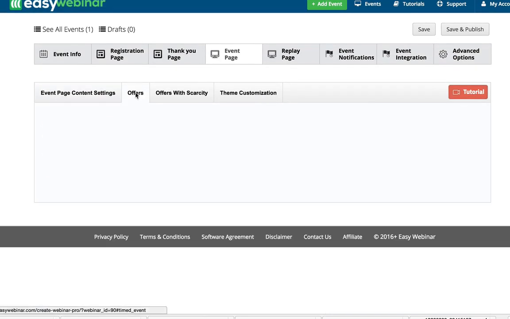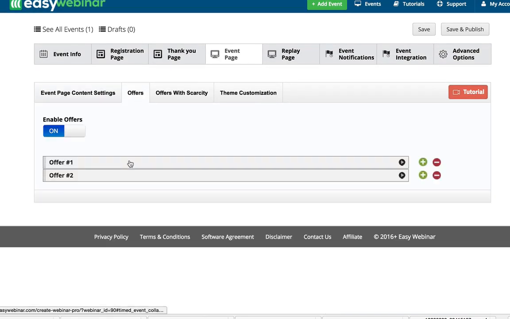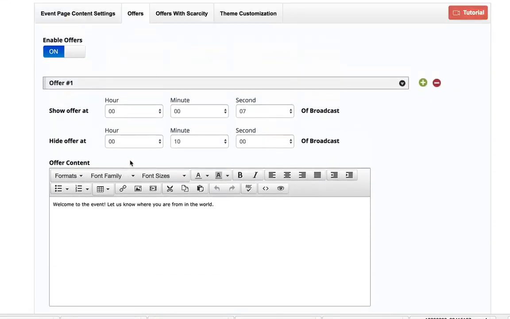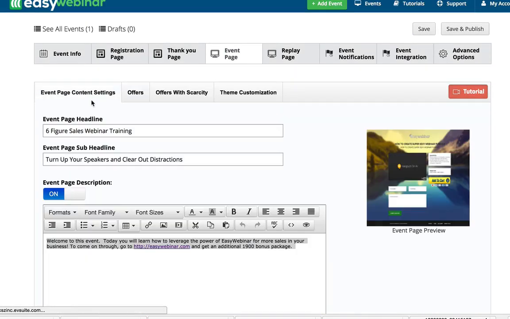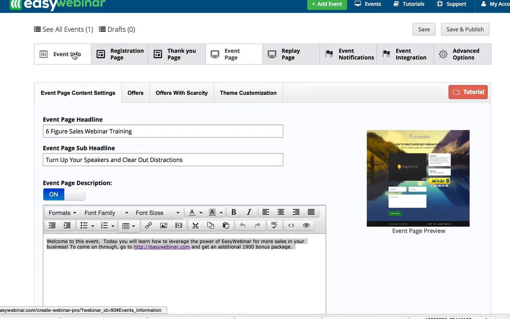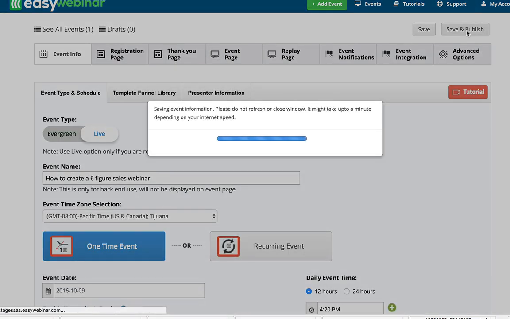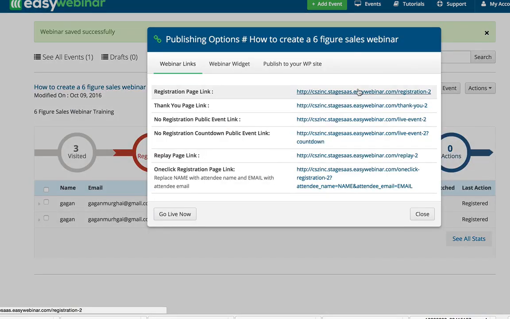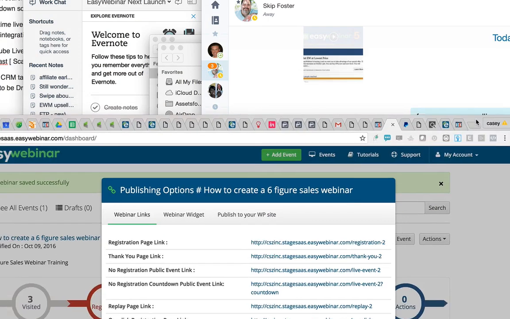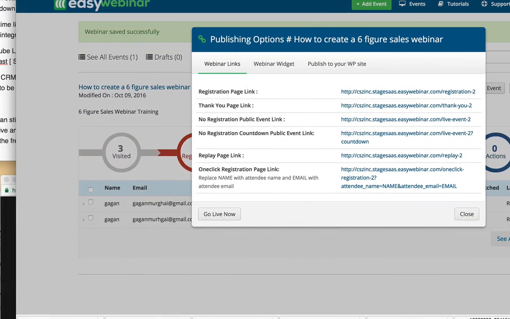You also won't need to send out offers ahead of time. You can create them ahead of time if you wanted to, but you can choose when those offers are going to go out. So for the time being, now we're going to save and publish. And if we are now going into our event, which is right here,